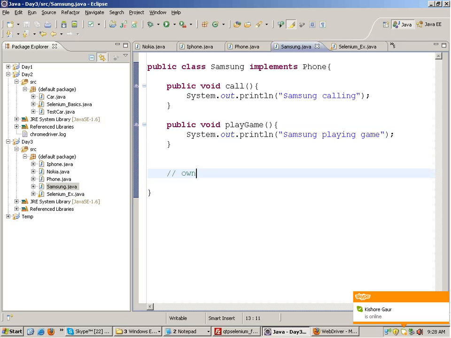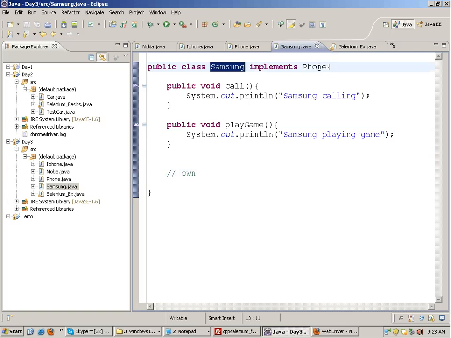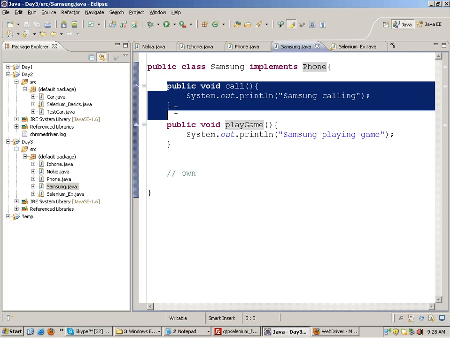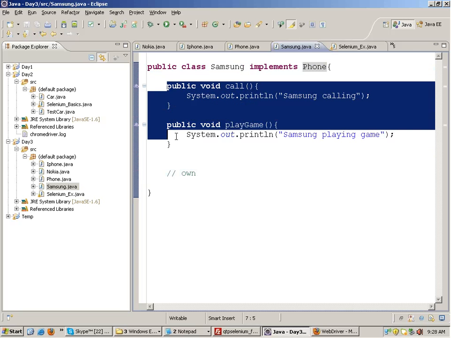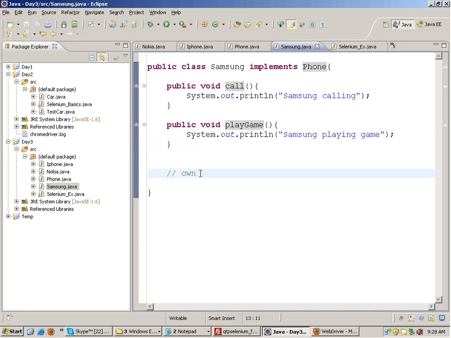It can do that. Yes. The rule is, if a class is implementing an interface, it has to implement all the functions of the interface. But it can also implement its own functions apart from those functions. Right? So you can write over here public void